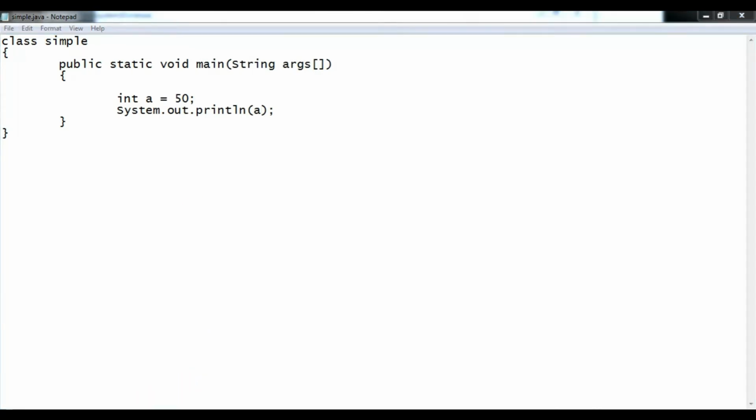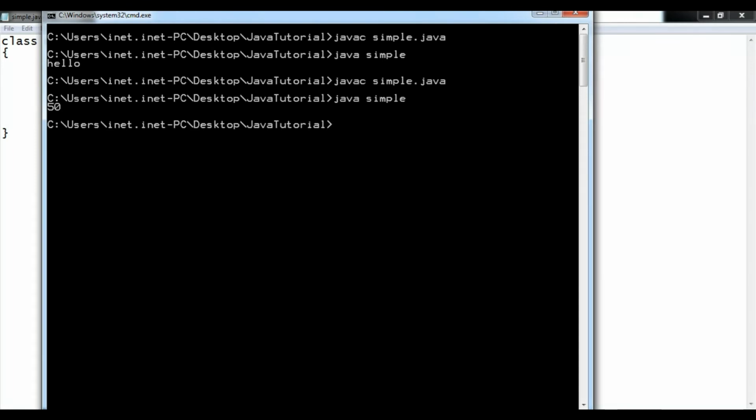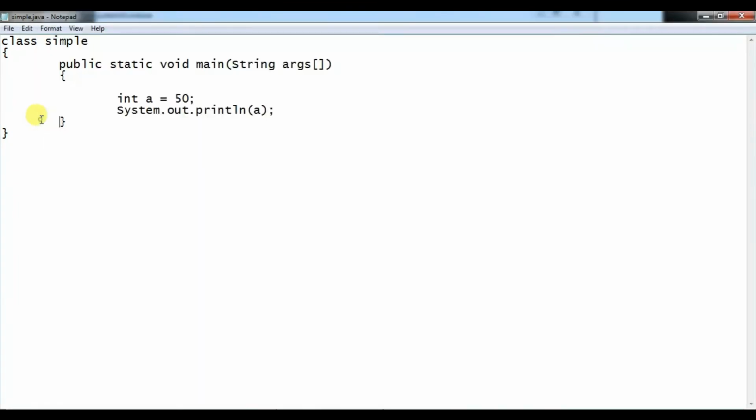Now let's save it and again run it. It's compiled, and to run. Output printed as 50. Now to print something else like this: the value of a is equal to